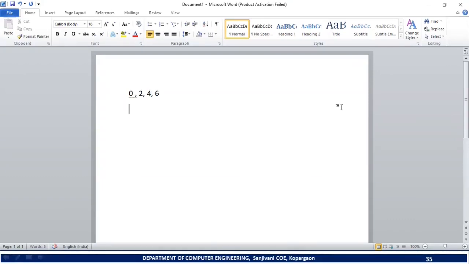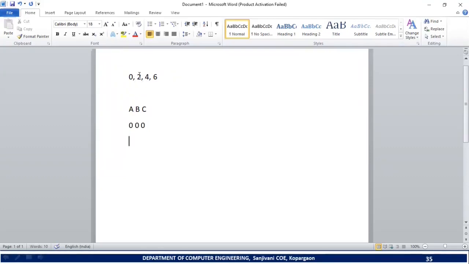So we can combine these 4 cells in order to form a group of 4 1s in a 3 variable K-map. Why is it so? Let's see. The first cell is cell 0. Assume that we have the 3 variables ABC. Can you tell me which input combination will correspond to cell number 0? Yes, it will be 0 0 0. Then the input combination for 2? Yes, it will be 0 1 0. For 4, it will be 1 0 0. Then for 6 it will be 1 1 0.